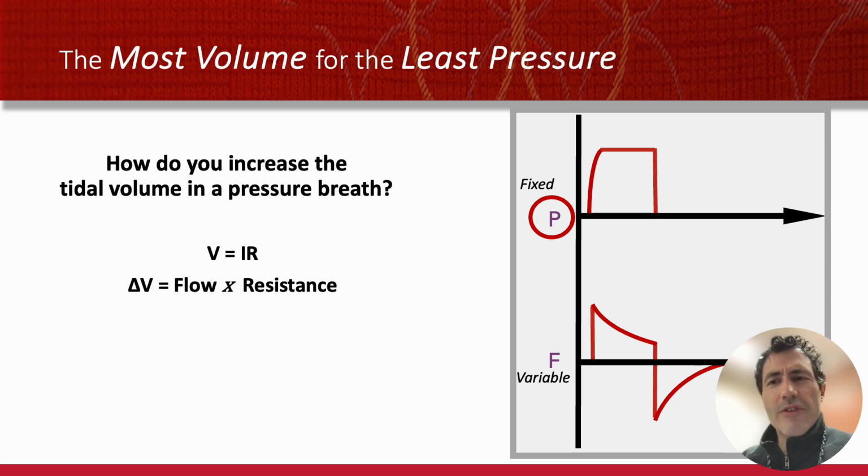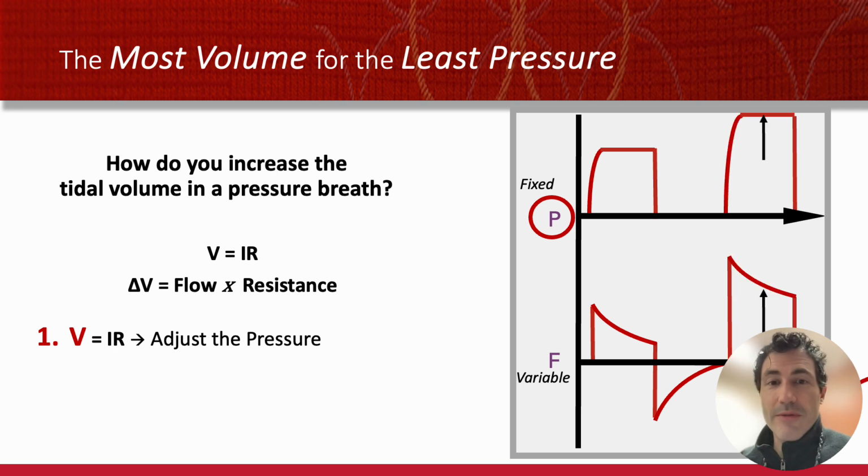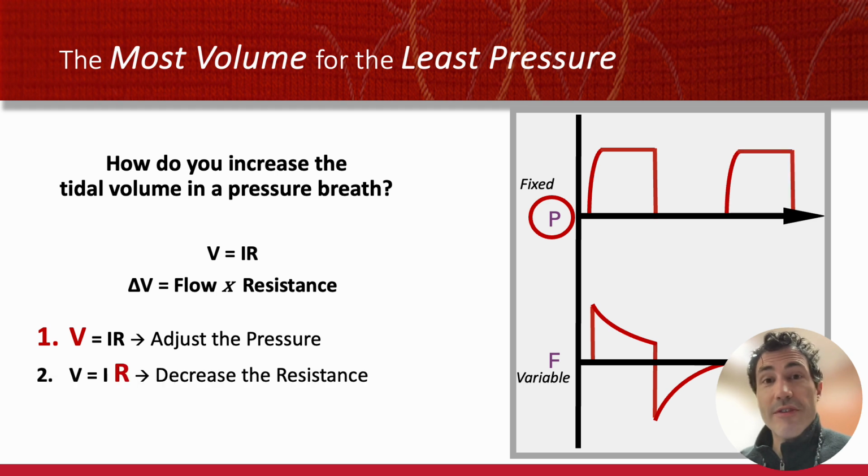So, the final slide I left with last time was how can I get the most volume for the least pressure? Or if we just want to go up on the pressure, what do we do? Well, the simplest way to get a bigger breath on a pressure breath, or a bigger tidal volume on a pressure breath, is to just go up on the pressure. If we go up on how much pressure we deliver, the flow goes up. Pretty straightforward. The second thing we try to do is decrease the resistance, and we do that by treating underlying